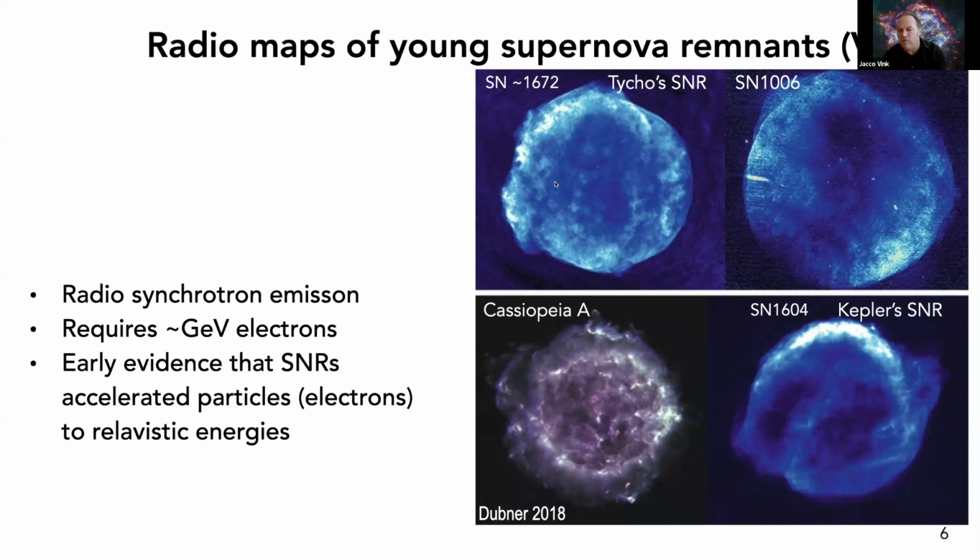Now, if we think about the radio synchrotron emission, we're talking basically about GeV electrons emitting because they move in this magnetic field. And almost all supernova remnants are discovered using this radio emission. So this really provided the paradigm shift to say it's actually the shocks of the supernova remnants that are accelerating particles, and we can probe that at least in the radio with radio synchrotron emission.